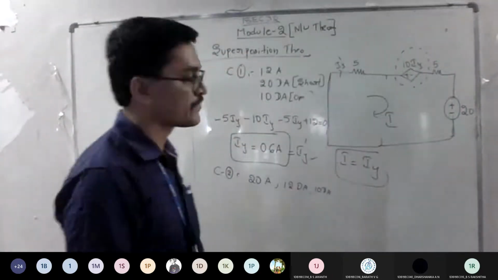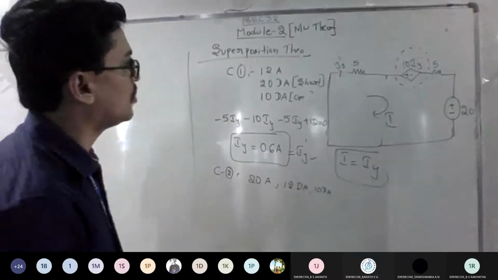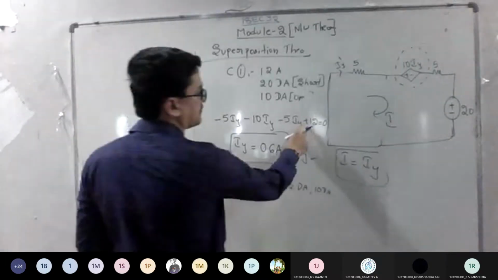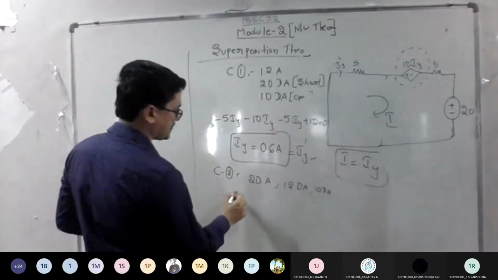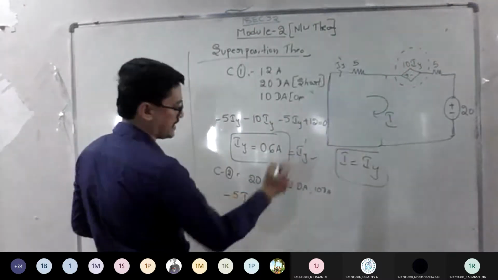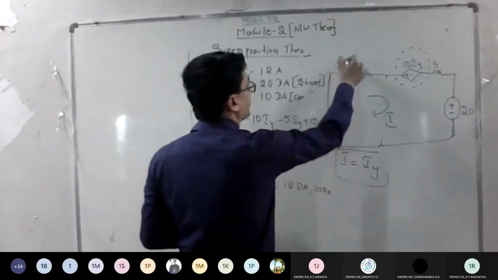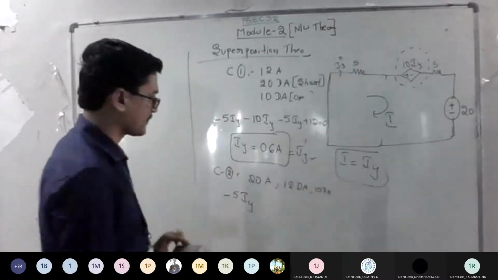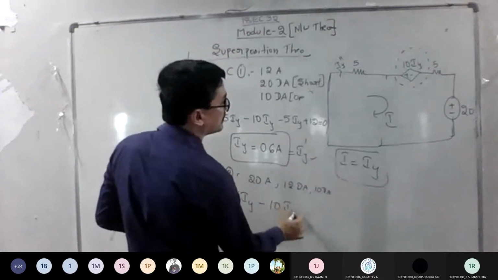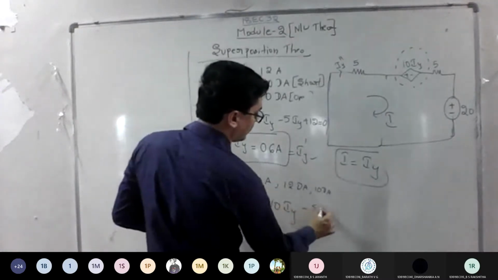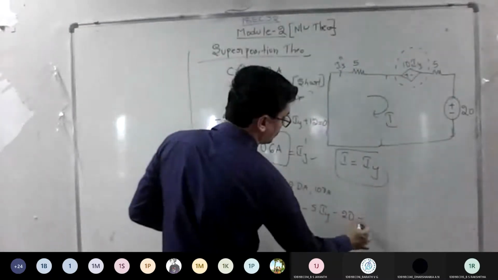Okay. So again the same procedure. Apply mesh analysis. The only change is what? Instead of this, it will get changed now. So in the same way, apply -5. You can take I only or Iy double dash. Now we need to find Iy double dash, the second current. So Iy minus 10 Iy minus 5 Iy, so plus to minus becomes minus 20 equal to 0.